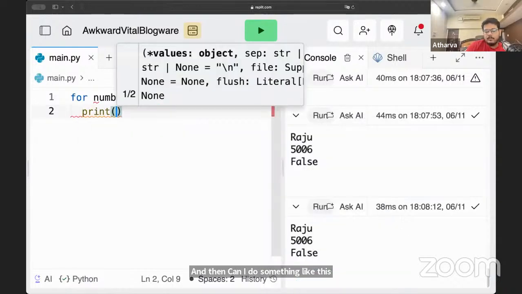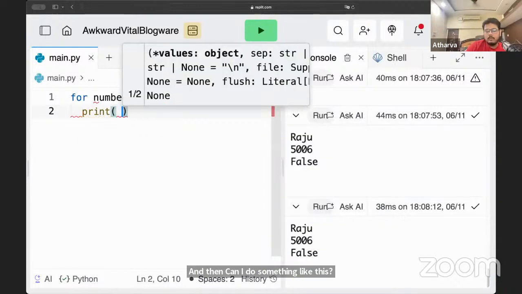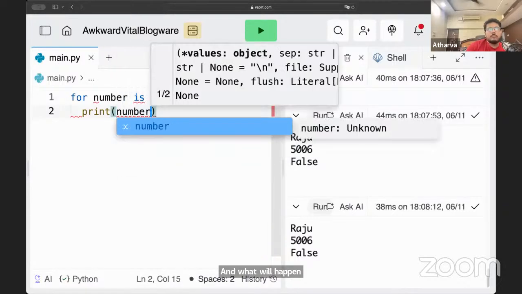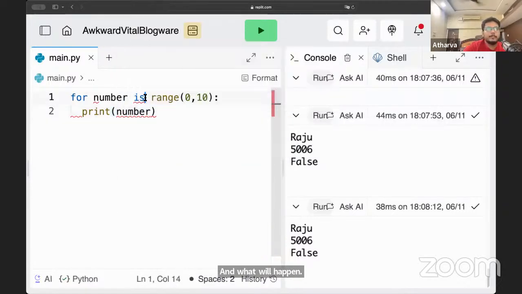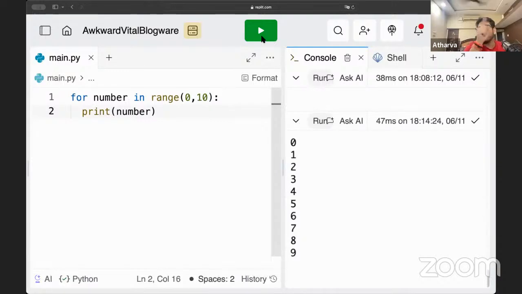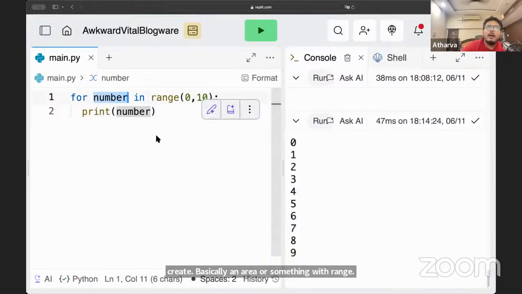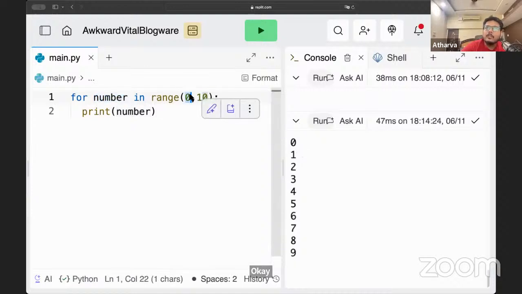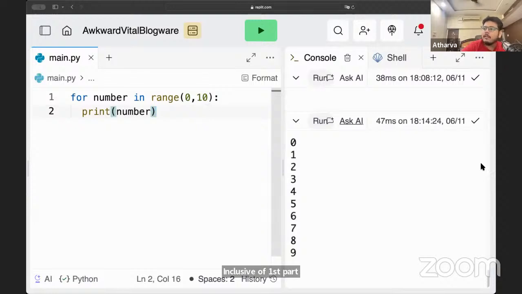And what will happen? 0, 1, 2, 3, 4, 5, 6, 7, 8, 9. Right. That's what range does. We can create basically an array or something with range. Inclusive of first part and exclusive of the last part.